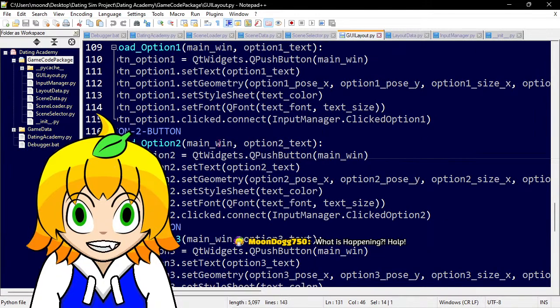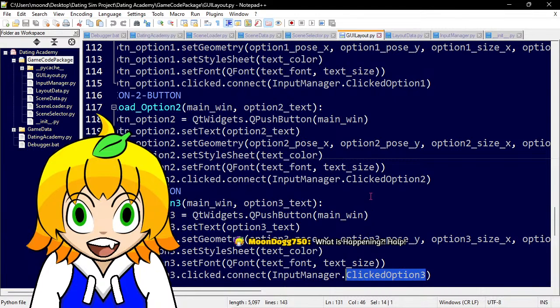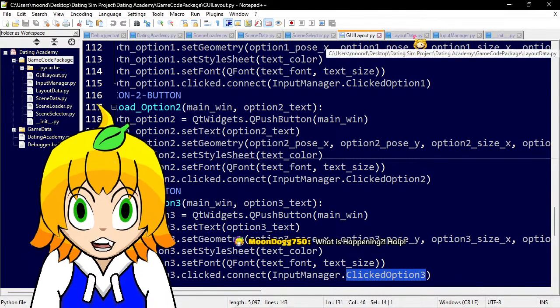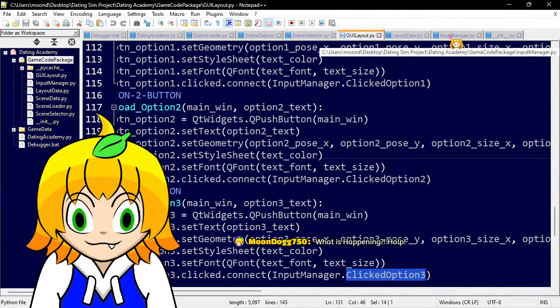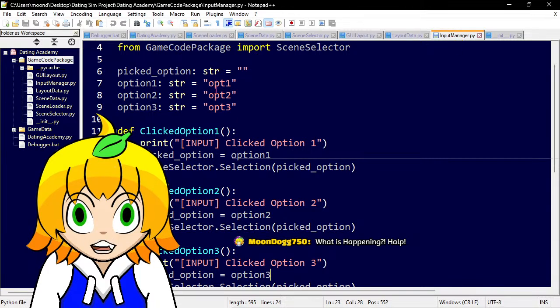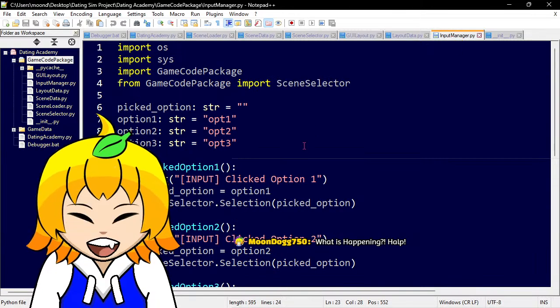If we click option 2, we're gonna call clicked option 2. Anyway, we're gonna go to input manager. Input manager has the strings for option 1, 2, and 3 as string data, which will be pushed into the scene loader, which we're going to go back to in a moment.